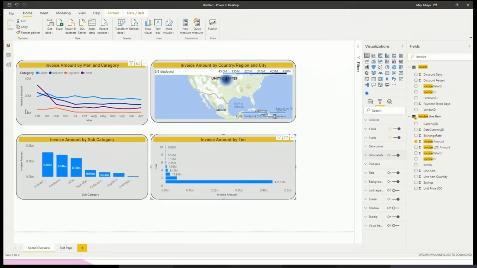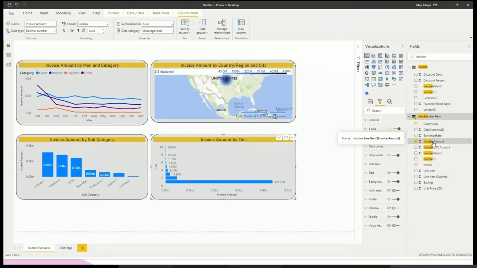How can I add this one? How can I change it? How can I add, for example, a dollar sign here for my invoice? So how can I do this in the easiest way? First, I need to click on my column that I'm adding to my visual, which is invoice amount, right? Click on it. From there, under column tools, there is here,